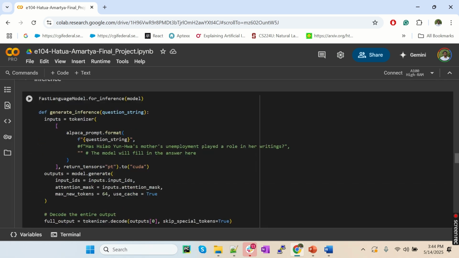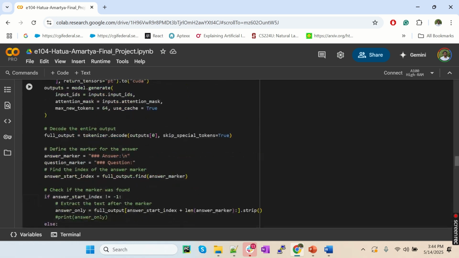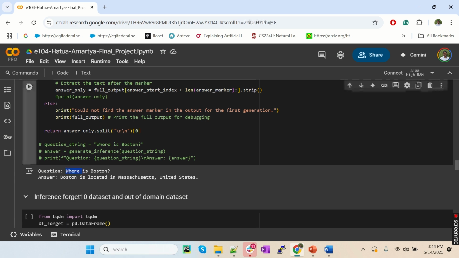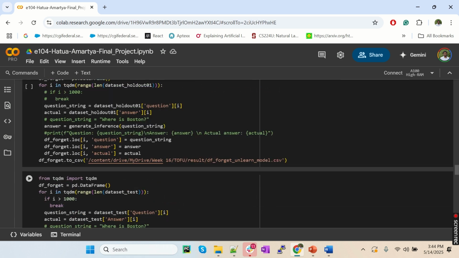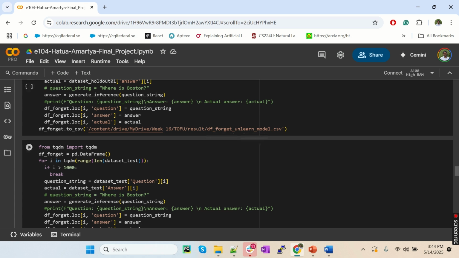Once that is done, the model is ready for inference, and we can ask similar simple questions first that I have tested that were working fine. Then I tested the same question, where is Boston, and it was giving a fine, proper result. Then I ran the holdout data set, holdout 10%